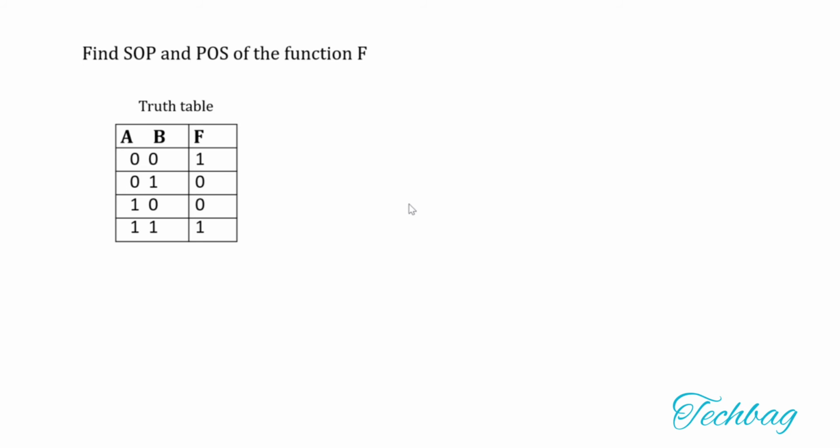So next let us write POS, that is product of sum. In product of sum, 1 represents complement form and 0 represents true form. Now we are going to write the expression f. So f means true form. Here true form means the value is 0. So in this truth table, you have to find the input combination for which f is equal to 0, because we are writing the product of sum expression. So in product of sum expression, true value means 0, right? So you have to find the input combination for which the function is 0.